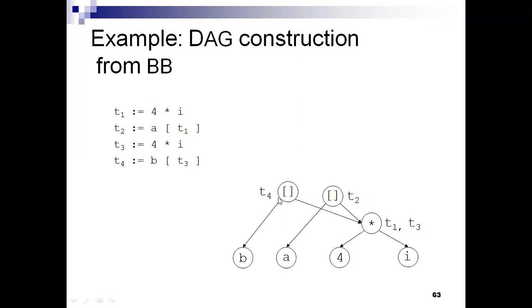This is T4. Then T5 is equal to this T2 plus T4. And what the T2 is? T2 is A of T1, means 4 into I. T4 is B of T3, 4 into I. And finally it is stored in T5 with plus. That means T5 is equal to T2 plus T4. Then finally I is equal to T5. That means the resultant is with a temporary variable T5. Then that resultant is assigned to a variable I.